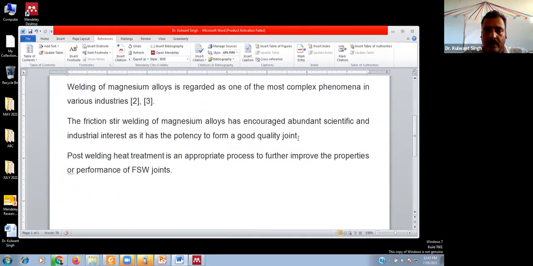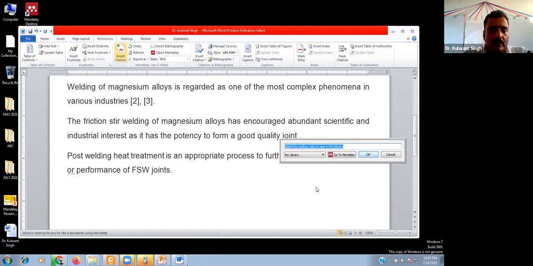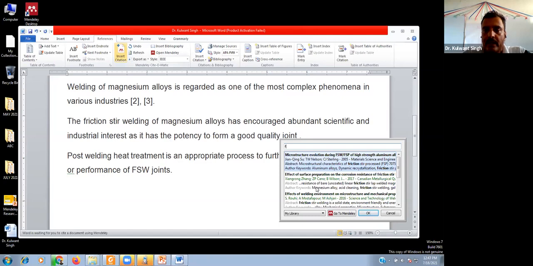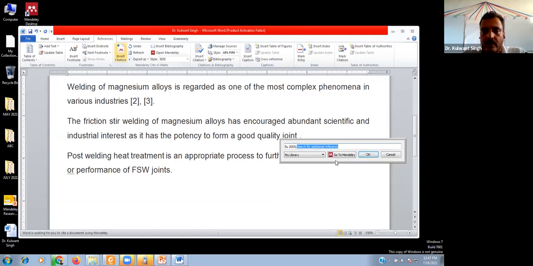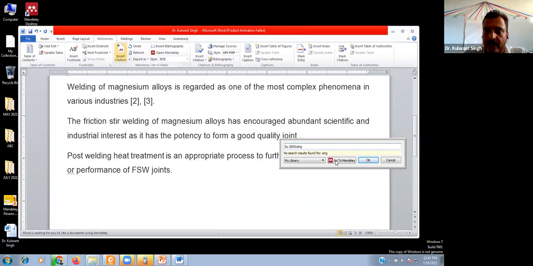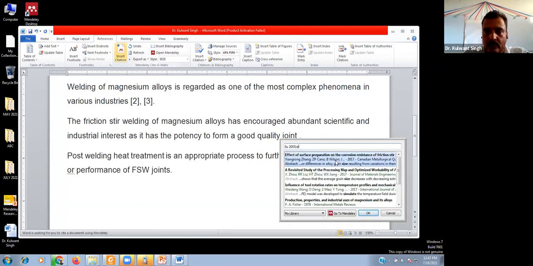In a similar way, after the third sentence, just click and find the document with any of your keywords. You can search the document with the name of author also.